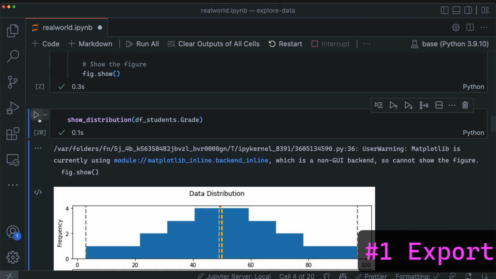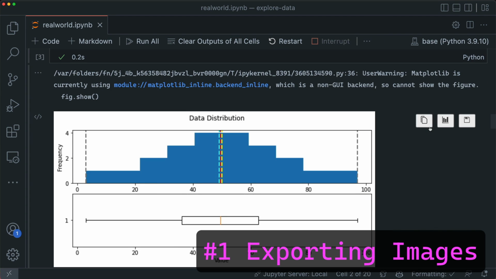Jupyter Notebooks can do a lot, and when you use them with Visual Studio Code, they can do a lot that you might not even know about. In this video, I'm going to give you 5 things that you can do with Jupyter Notebooks and Visual Studio Code that you probably had no idea were possible. Let's go. Did you know that when you create a plot in a Jupyter Notebook, VS Code gives you a variety